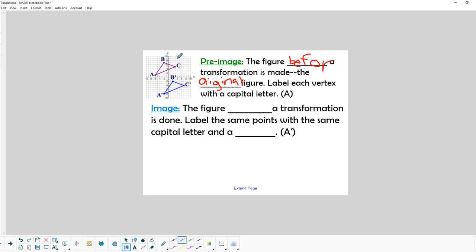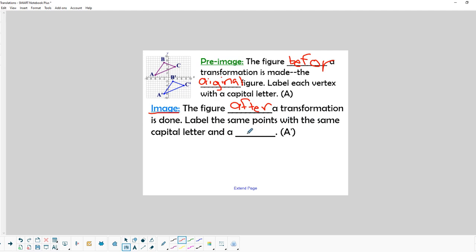And so that would be the figure up here, A, B, C. And each corner of that figure are labeled with a capital letter, such as A, B, and C. Okay, the figure after a transformation is done is called the image. Not the pre-image, but the image. So after the translation is done, we get what we call the image, or what we were kind of trying to get to, right? So after a transformation is done, label the same points with the same capital letter and